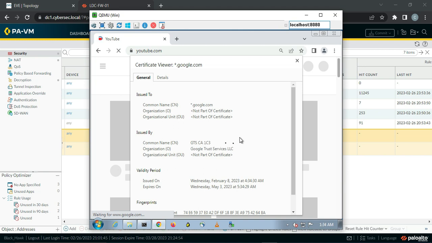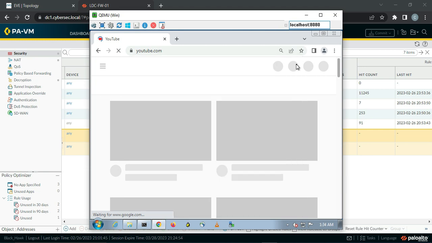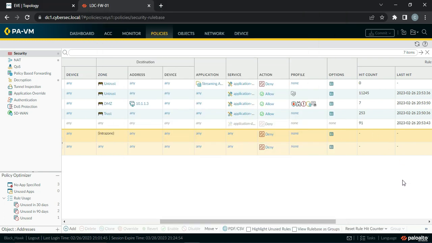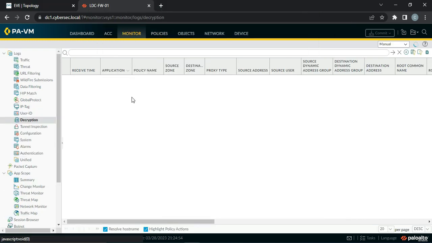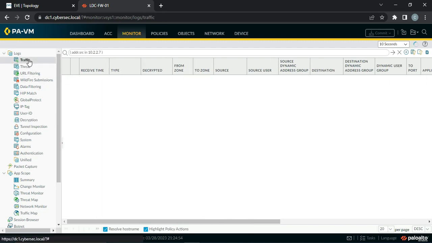It means we are not doing the decryption on this website, right? So this has bypassed the decryption. Or this might be possible, that website tried loading it from cache, right? So if I go to monitor and if I go to traffic,